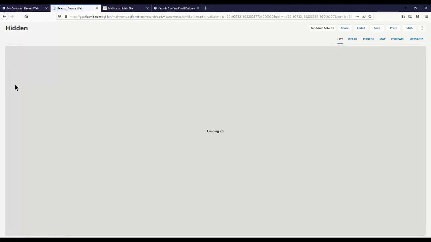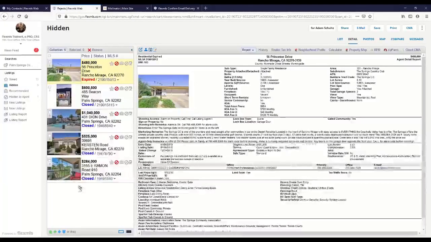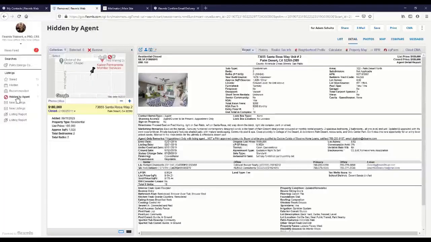Five he hid that he didn't care for. I can take a peek at those and see why. Of course, now all these have closed and expired, but you get the gist. And here's one that I hid as an agent where I knew he wouldn't be interested. So you can take a peek this way, and I can see his search here